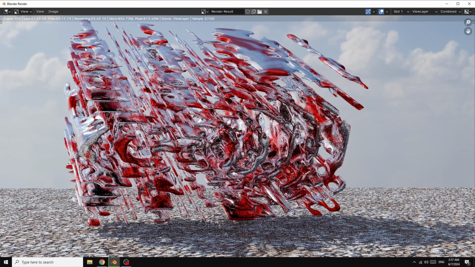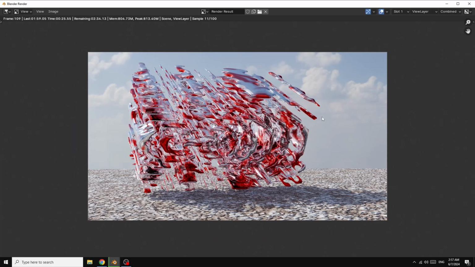Now, if I go here in render image, as you can see, for just one image, it may take 2 minutes. It will take 2 minutes to give us just one frame. So if you have a slow computer, make just this image or go in Eevee and make it. But Cycles is better than Eevee. I prefer Cycles to Eevee. It gives us a more realistic image and better quality.